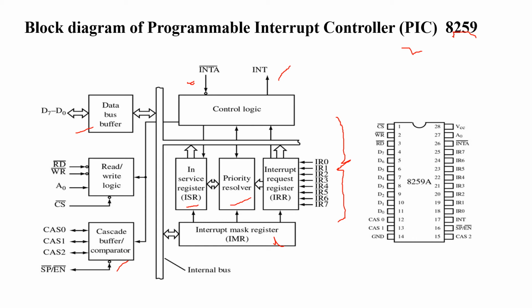A single 8259 is capable of handling 8 interrupts. This interrupt handling capacity can be increased by cascading 8259s with a master 8259. So at most, through IR0 to IR7, 8 8259s can be cascaded to a single 8259 master, and with this the interrupt handling capability of the 8259 can be expanded to 64.